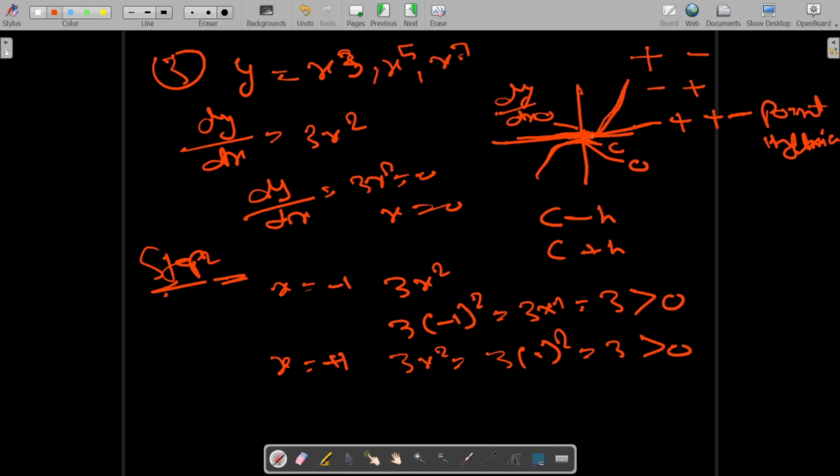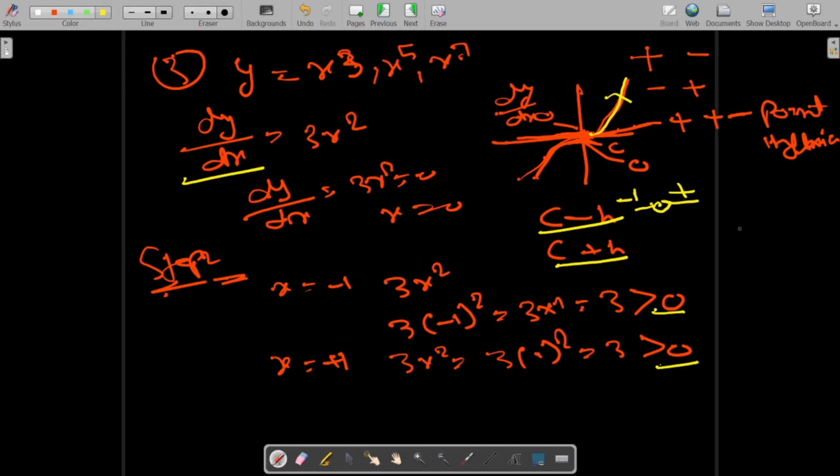You can understand, right? It is not taking a curve here, it is not going down. The slope is increasing. If you take the tangent, it is increasing. Here it is 0, and then again it is increasing here, and we have proved that by putting c minus h and c plus h values. C is nothing but 0. Before 0 we have taken minus 1, after 0 we have taken plus 1, and we have put it in dy by dx, and we found that it is giving greater than 0 and greater than 0.